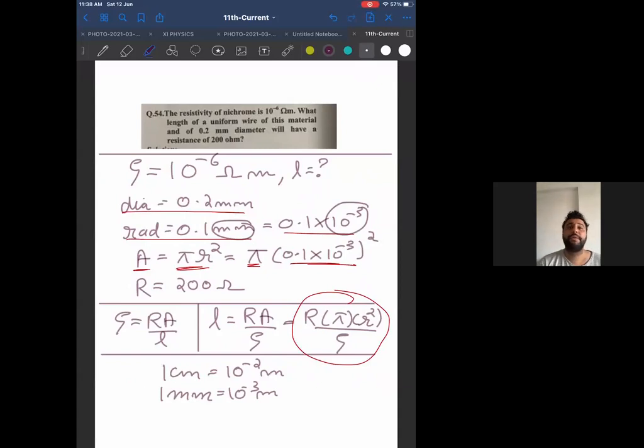Okay. So we have done 3 problems on resistivity today, all 3 different types. In one, I found out resistance. In one, I found out resistivity. And in one, I found out length. Just check. Same formula. And in one, things were not given in SI unit. In one, it was direct. And in one, instead of area, diameter was given. So we have done variations.